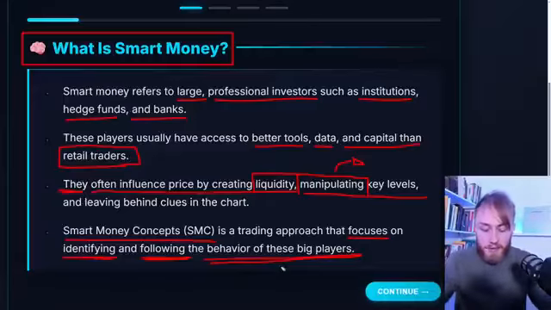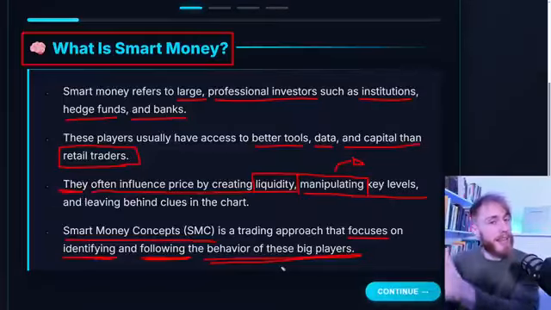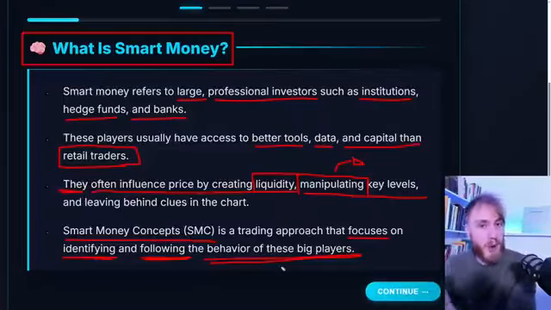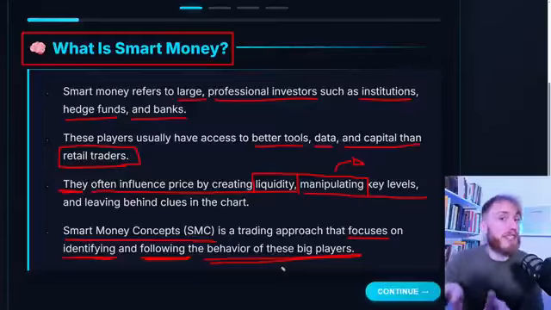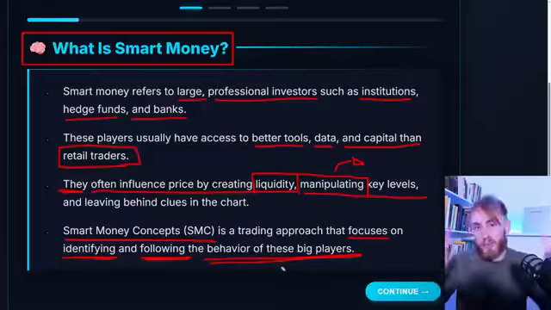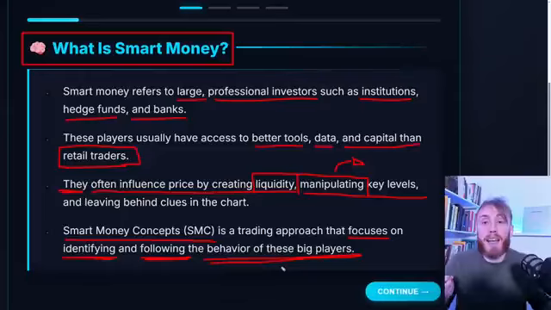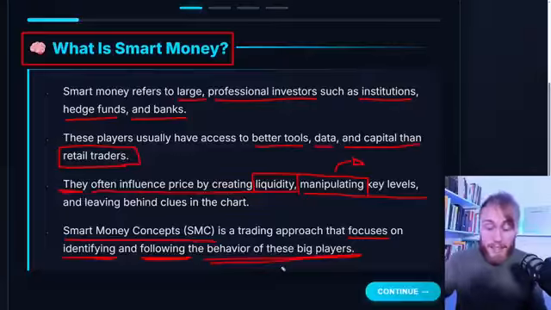If we can identify these things and trade in the same direction as smart money, then we can actually take advantage of the sort of manipulation that smart money uses. And that is what smart money concepts is all about. So yeah, guys, I hope this sounds interesting, and make sure to lock in, because now we are diving into